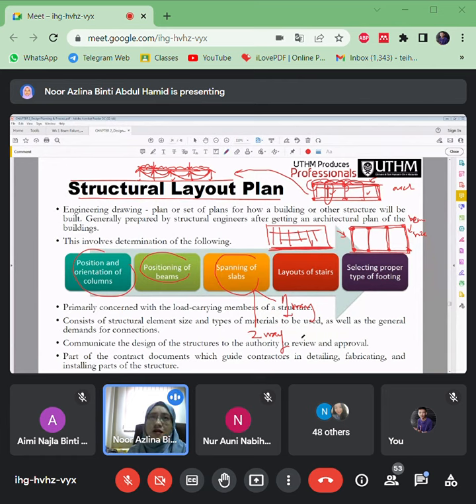The design of slab will be in the reinforced concrete subject. But at this moment you just have to know which one can be considered as a one-way slab, and which one should be considered as a two-way slab.